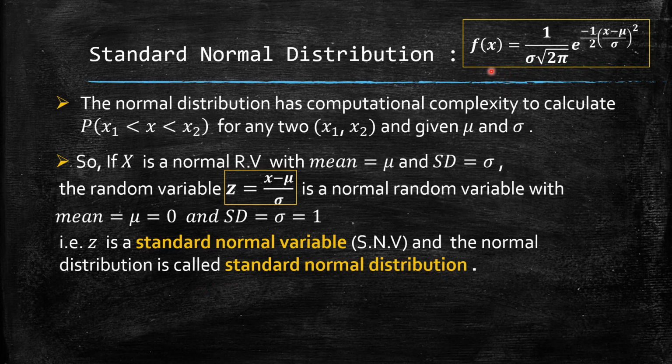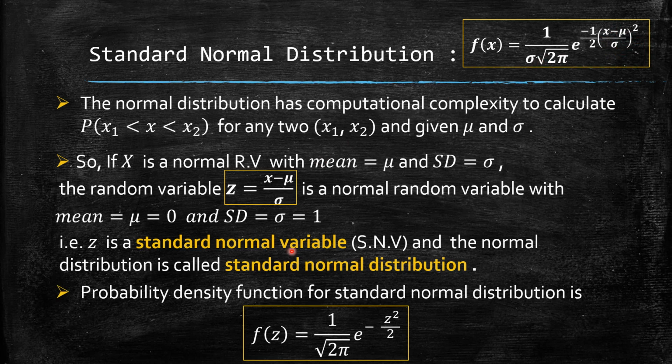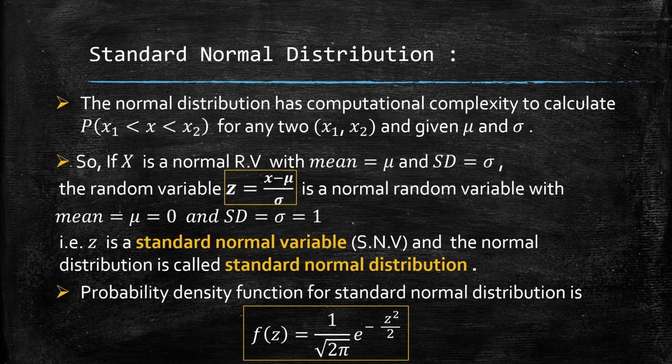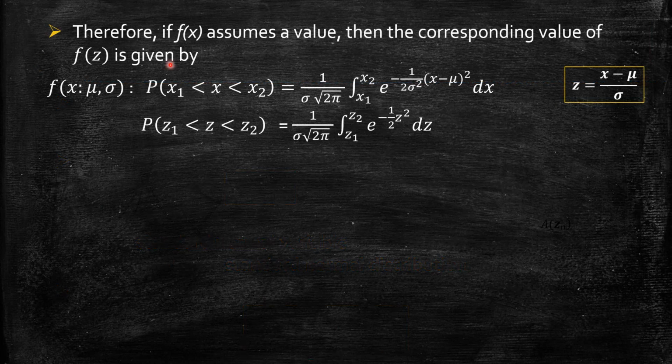And the PDF for the standard normal distribution f of z, we can get by substituting z for x minus mu by sigma, and the standard deviation sigma is 1. So we'll get the probability density function for the standard normal distribution, f of z equal to 1 by root 2 pi times e power minus z square by 2. Therefore, if f of x assumes a value, then the corresponding value of f of z is given by,